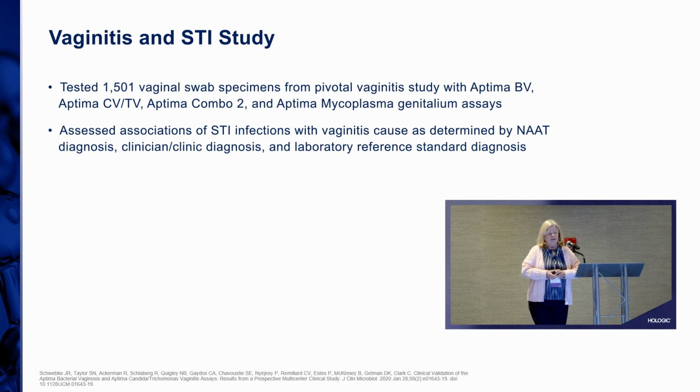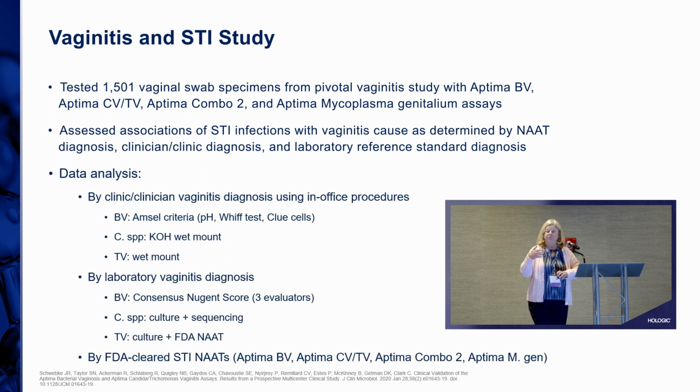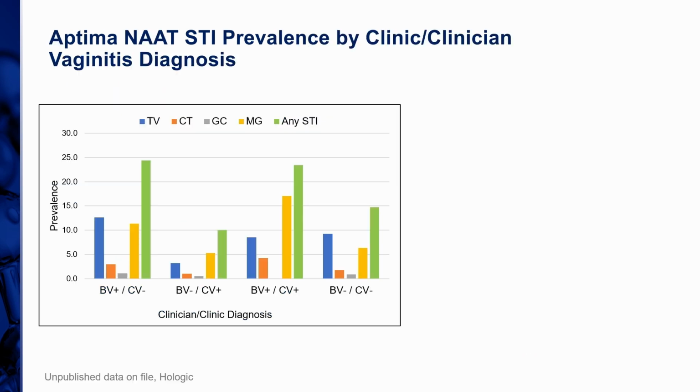And then they compared those types of diagnosis with the STI rates. And you can see listed here, I'm not going to go through these again, what the comparators were. If we look at the Aptima and NAAT STI prevalence by clinician diagnosis, so one might say this might be the least sensitive or the least accurate, at least, of the different gold standard diagnoses that are used out there,